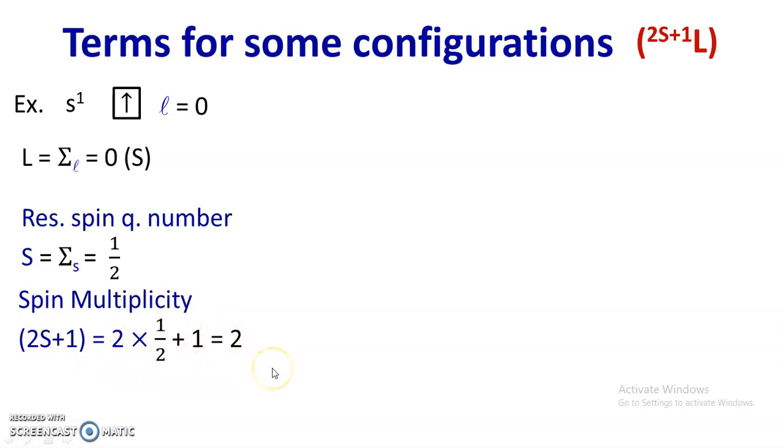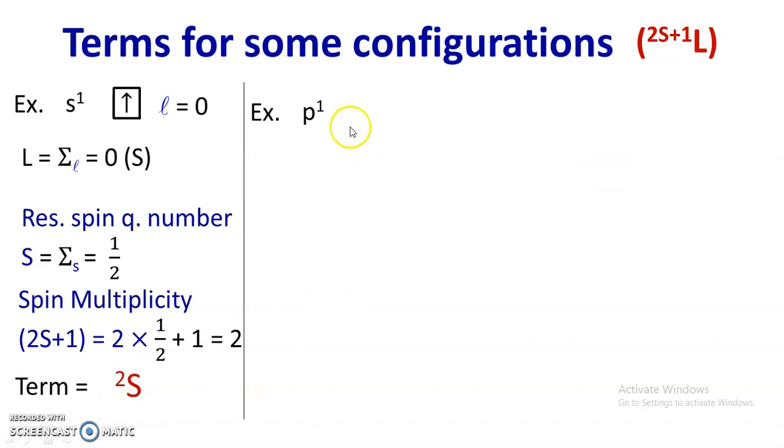So spin multiplicity is 2, and at the end the term, now value of L, it is S, capital S, this is the state symbol. Remember this capital S, it is not a resultant spin quantum number, but this is the name of state. So this is S, and it stands for L is equal to 0, and this is the multiplicity. Multiplicity is 2, that is 2s plus 1, so it is 2.